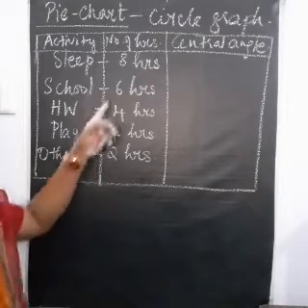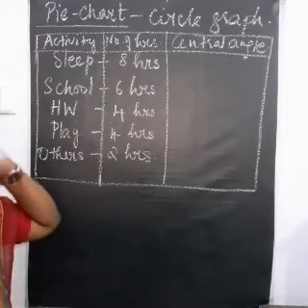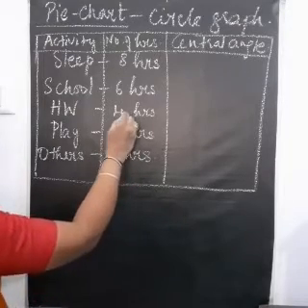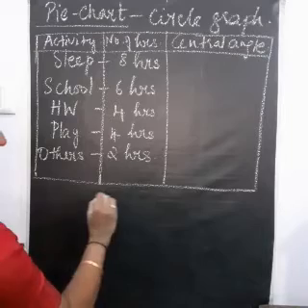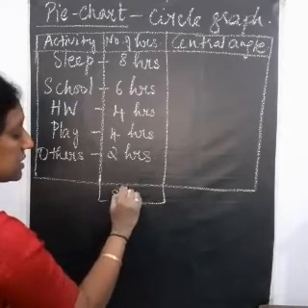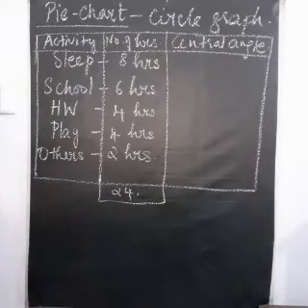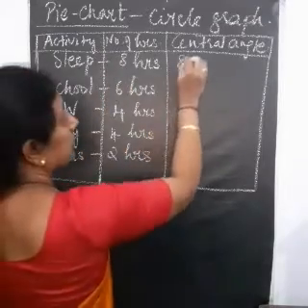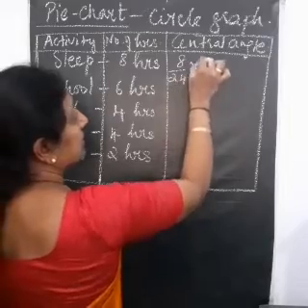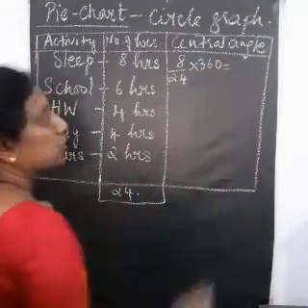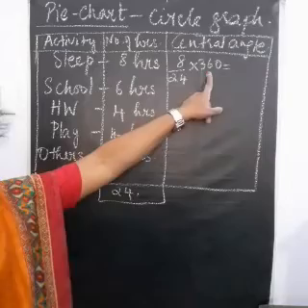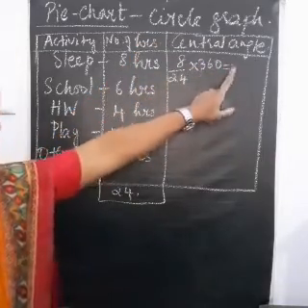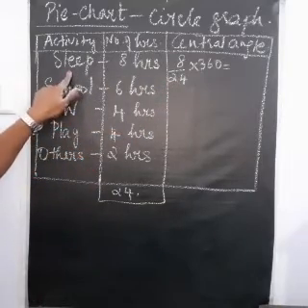Okay, so how many hours will there be in one day? 24 hours. So when you add, you see 6 plus 4, 10, 16, 24. So we are getting the total number of hours as 24. So what we have to do is divide 8 by 24 into 360. That will be the total angle in a circle. So this will give me the angle that is going to be represented for sleep, which